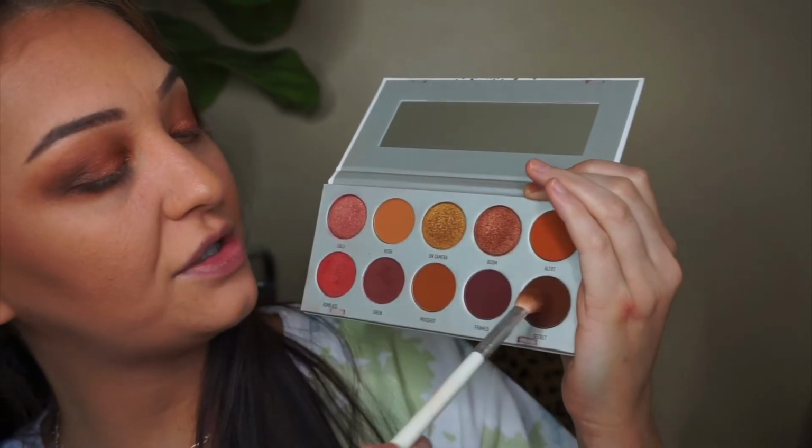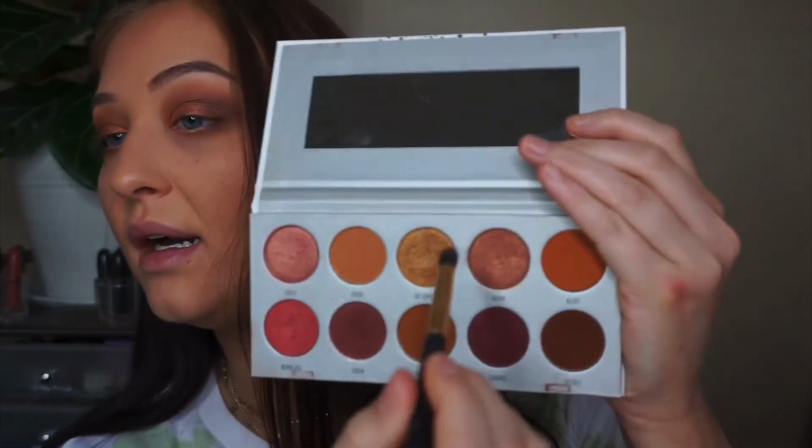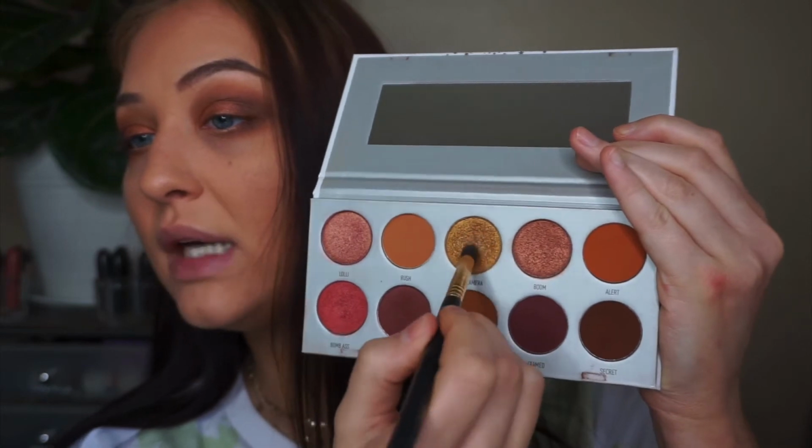On my JH33, dipping between Mugshot and Secret, redefine the very outer corner of the shadow. Then I've picked up a tapered brush by Sigma. This is the E45 small tapered blending brush, and I've just dipped it into this gold shade called On Camera, and I'm going to use this color as an inner corner highlight, so I'm just going to kind of swirl this